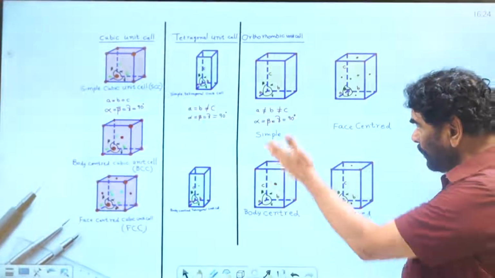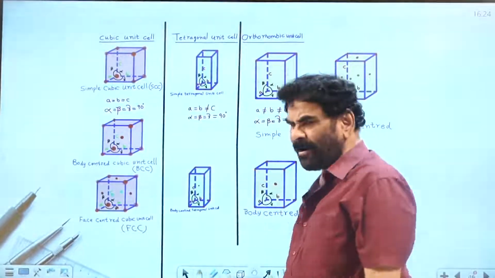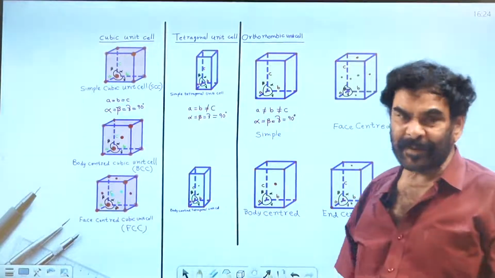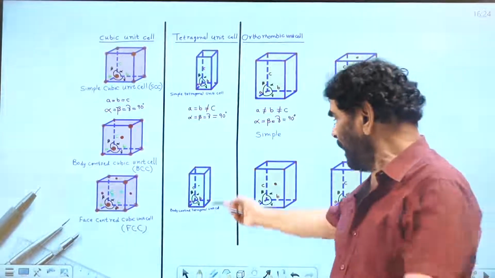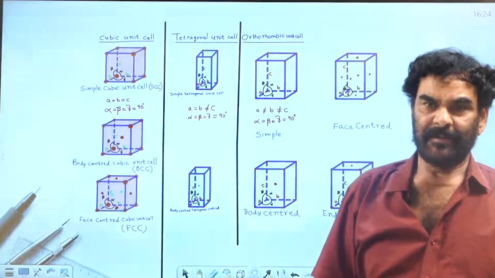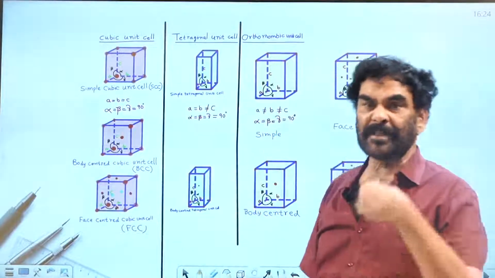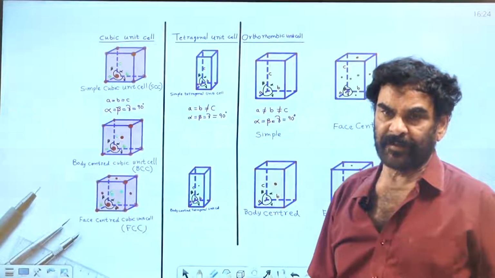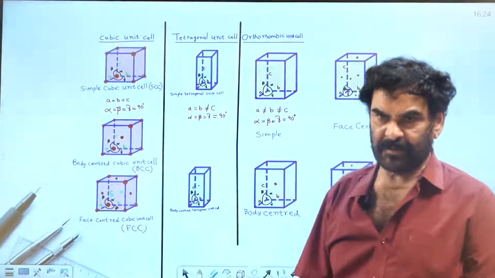You may ask why the tetragonal unit cell does not allow all of them. That is because of the repulsions between the particles accommodated in the unit cell. Only certain arrangements are possible under these cell parameter conditions. They are not able to accommodate at face centers, which causes repulsions and destabilizes the crystal arrangement. Only a few arrangements are possible based on the thermodynamic parameters.